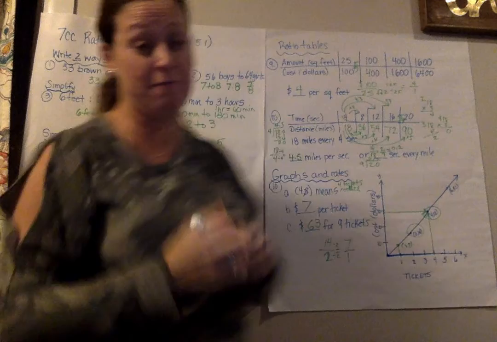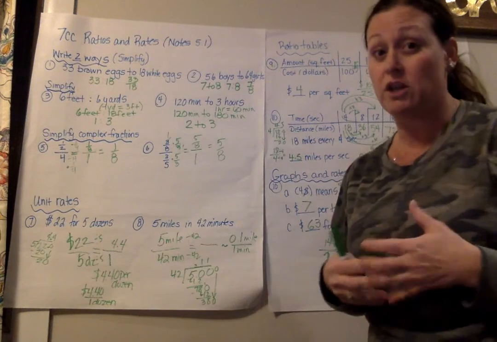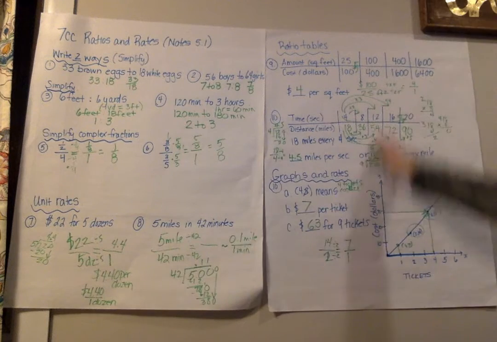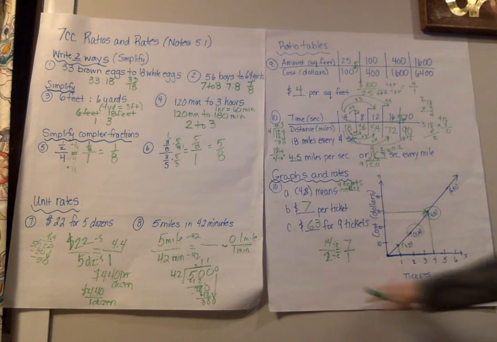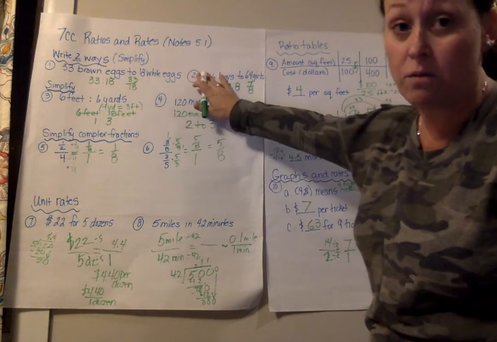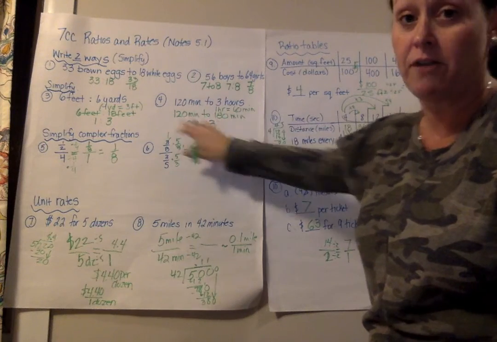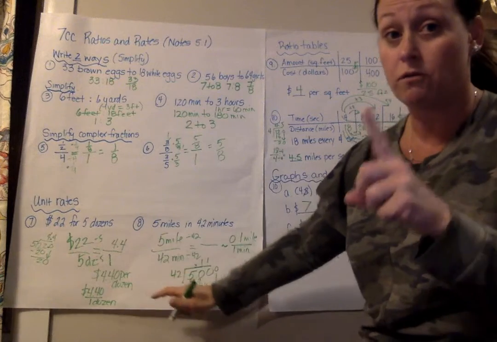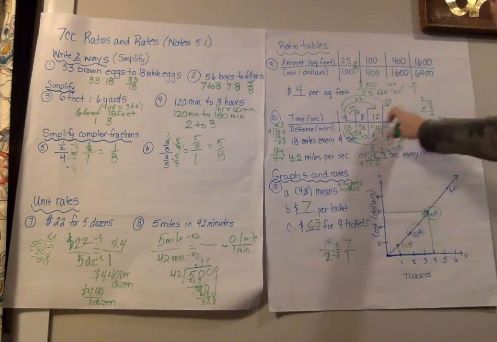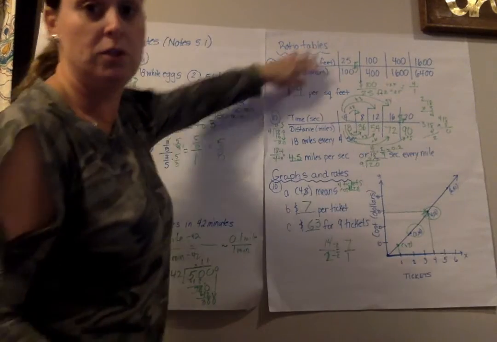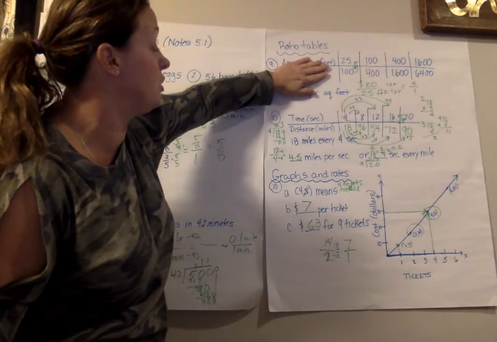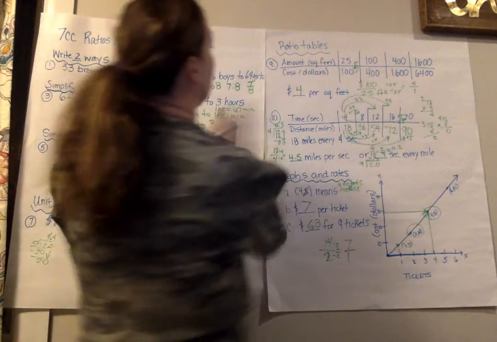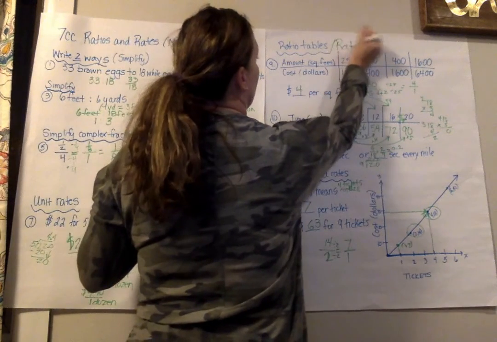This is a lot of information. I'm going to need you to watch the video at least 2 times and make sure you've written down everything that I've written down on the sheets provided. Make sure you're comfortable with writing ratios both ways, simplifying using different units, complex fractions, unit rates for 1 and has labels, ratio tables using what we know for equivalent ratios,